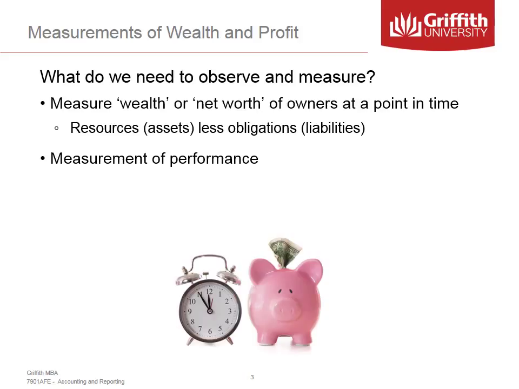So let's just dwell on this for a moment. The measure of wealth, which is one of the most important things that we measure, is a static measure. It happens at a single point in time. The measurement of performance, however, is a measure that occurs over a nominated period of time. So it's a measure that spans probably a year, or maybe you may choose to do it monthly or 6 monthly, but the point here is that it spans a period of time. So we measure both of them in the business world, and we're about to see how we do this.